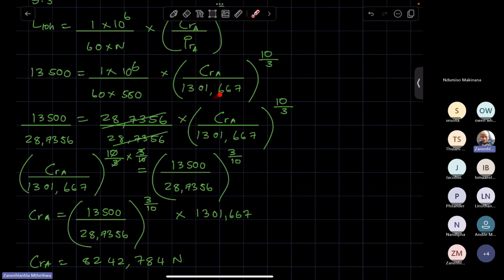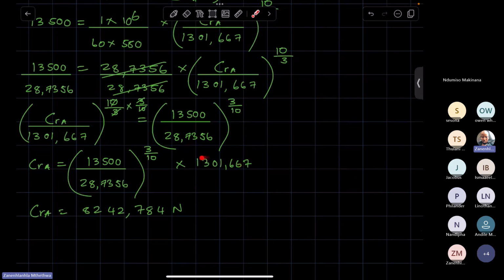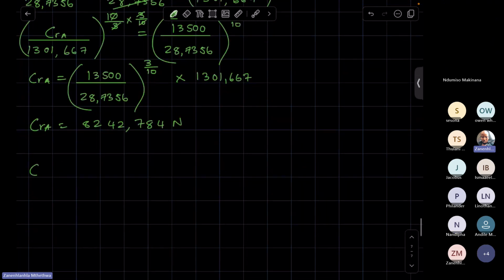So this was the dynamic equivalent for bearing A. So meaning for bearing B, we are going to use the dynamic equivalent for bearing B here. Do you understand what I'm saying? Yes, sir. So we simply say CRB is equal to